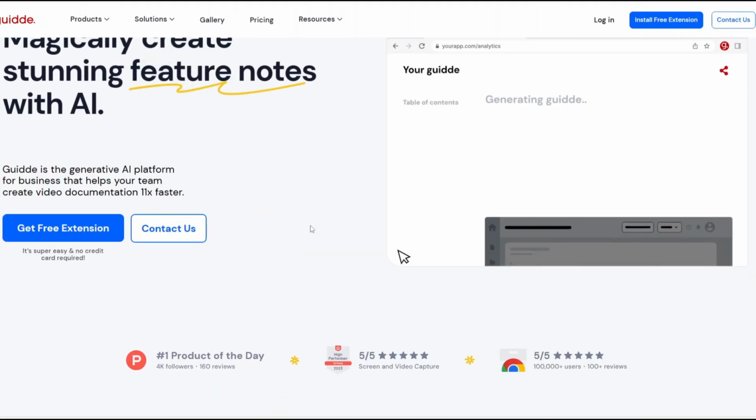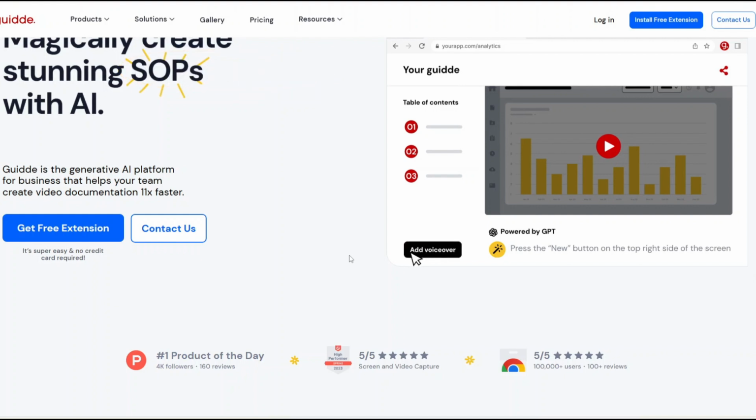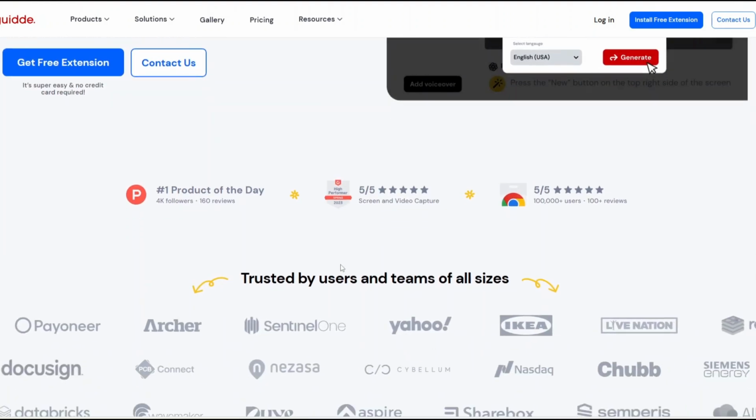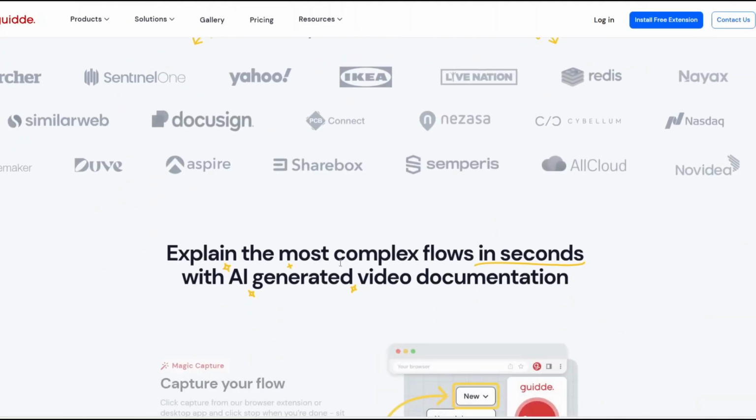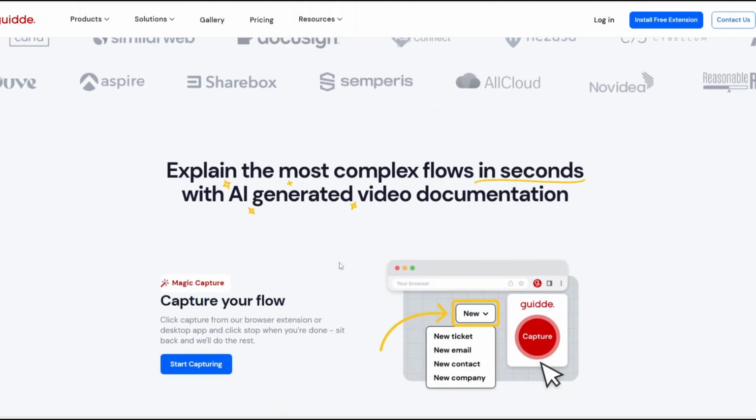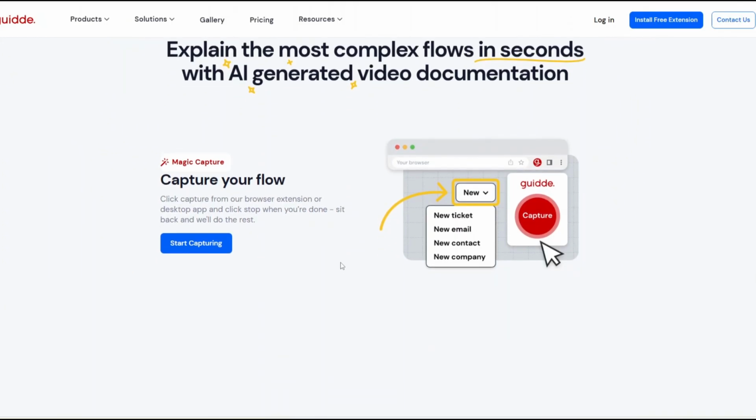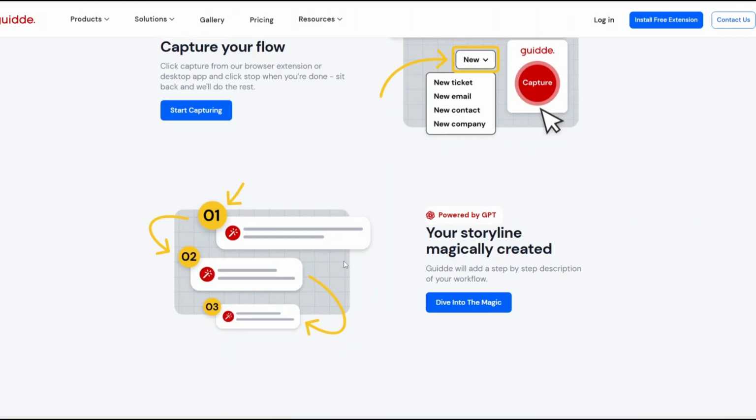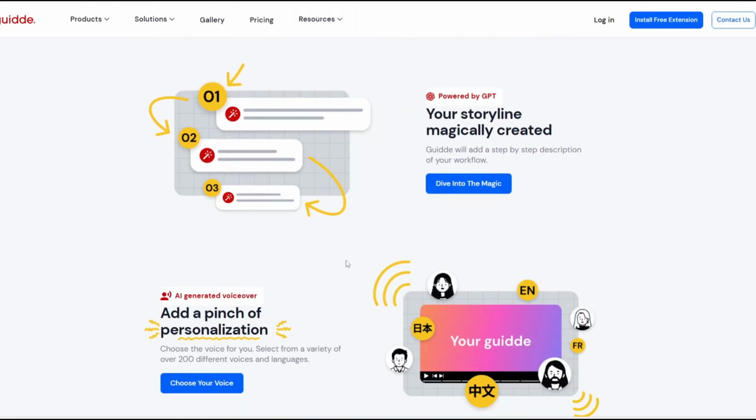one for you. Guidde is a newer AI-powered platform that focuses on video tutorials. Its strength lies in capturing your workflow visually, then automatically enhancing it with features like voiceovers, music, transitions, and even branded styling. Think of it as an AI assistant for making polished how-to videos in just a few clicks. Guidde is built for those who want their tutorials to be more engaging, more visual, and more suited for customer-facing